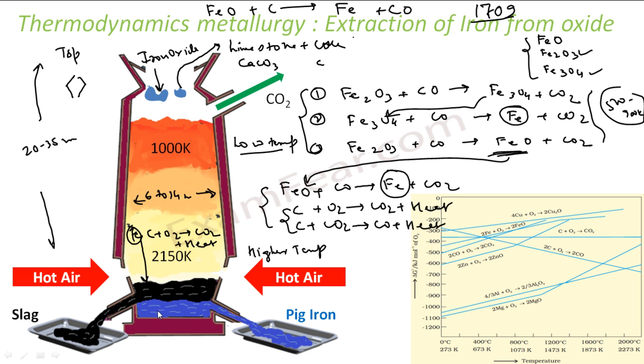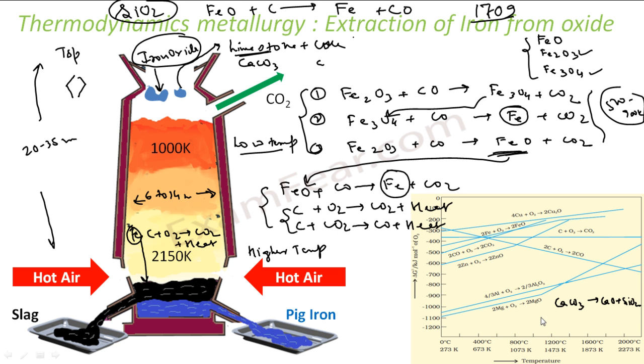Now this is the case where we have impurities also in the iron ore. For impurity only we have used this limestone, right, to form slag, because the typical impurity which we find in the iron ore is SiO2. So we have to take care of SiO2. How to take care? For that we use limestone. We use this reaction: calcium carbonate is the limestone, it forms CaO plus CO2,